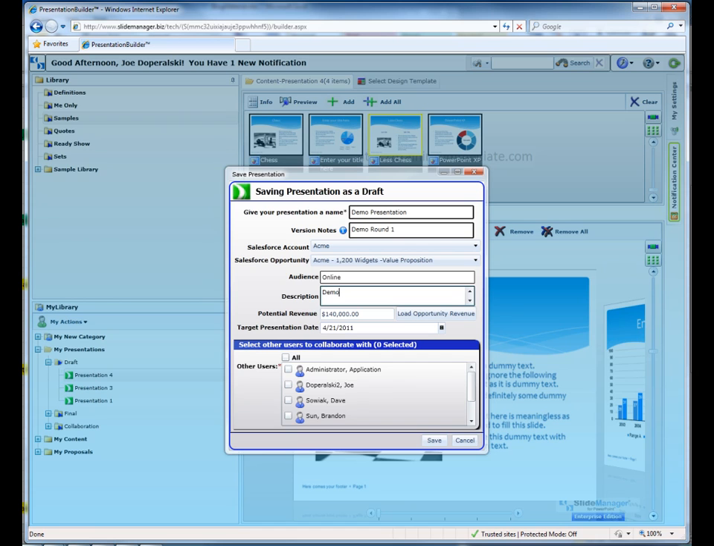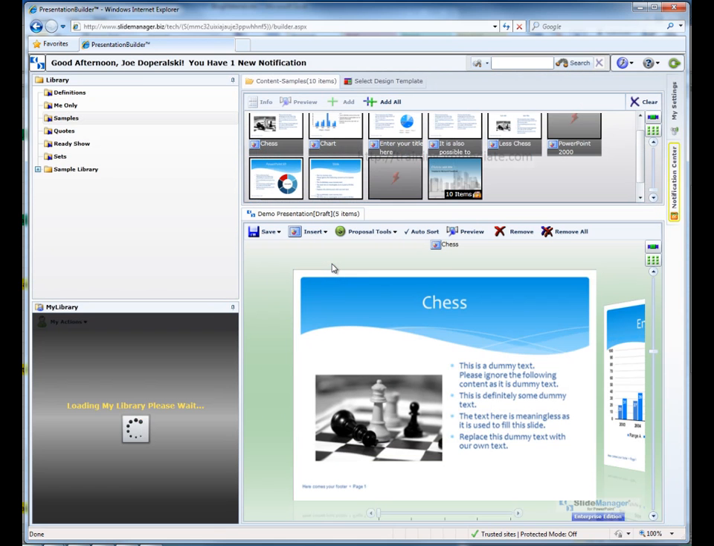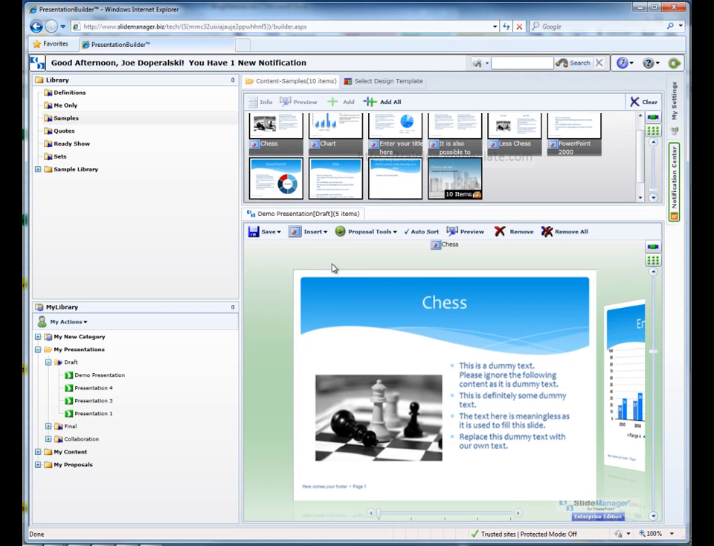And if I wanted to collaborate with other users, I could choose to collaborate with the user here. And I'm not going to do that here. I'm just going to choose Save. And once this is saved, the demo presentation is saved into my drafts folder, my presentations area, where it's available for me to come back and create more iterations and finally save it as final when I'm ready to deliver